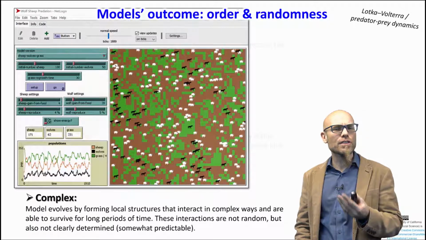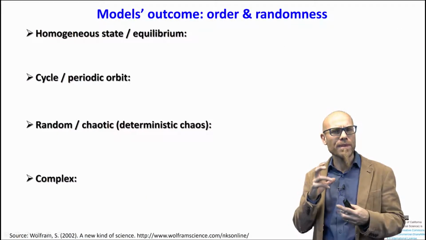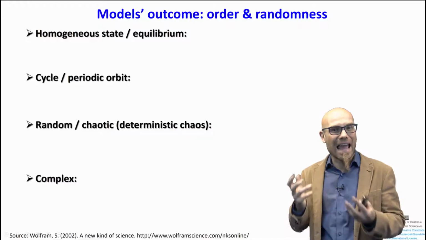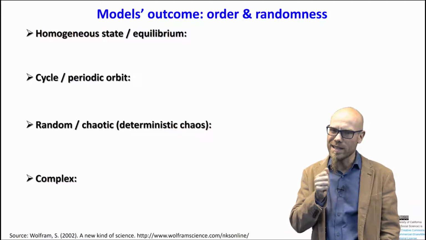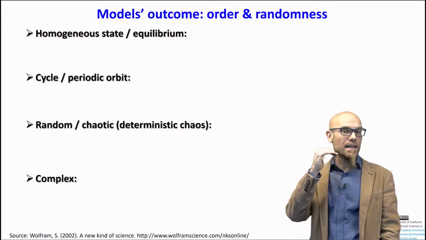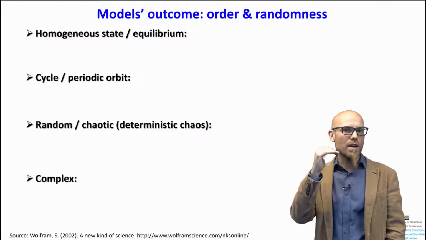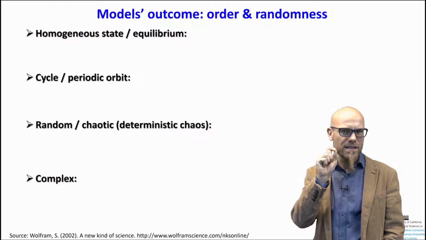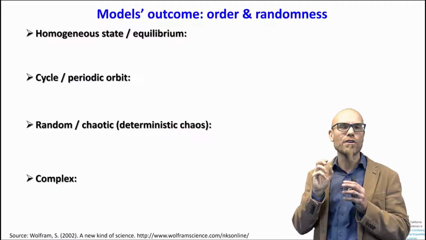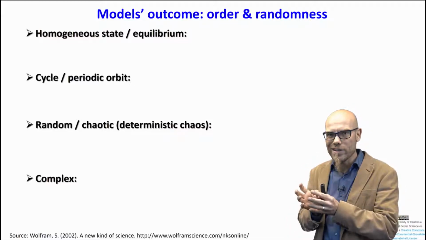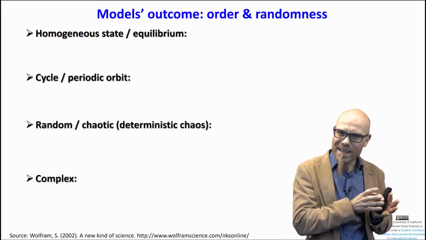And these are the 4 outcomes. I just wanted to show them to you. So it's not like anything can happen. Even so, the last category, as I said, we will need all your help to dig a little bit deeper into the different kinds of complexity. But homogeneous and equilibrium, where every time you run it you might get a slightly different attractor. In the Lotka-Volterra model, we got 2 very clean ones. Either there are only sheep, or there's nobody.